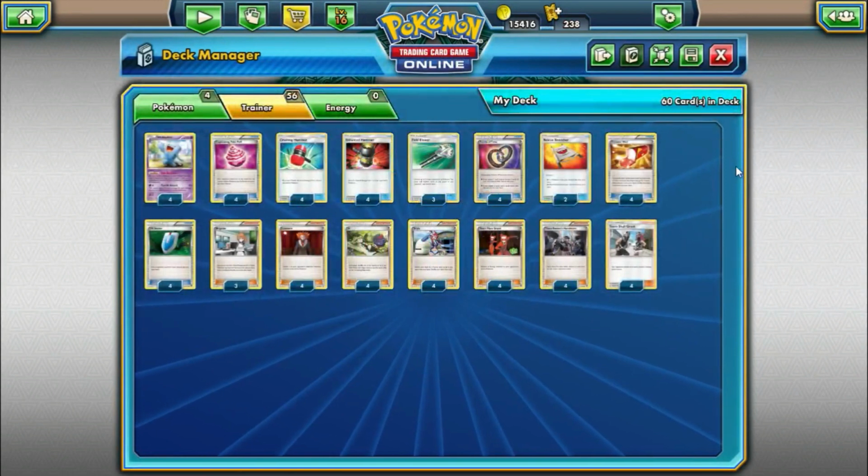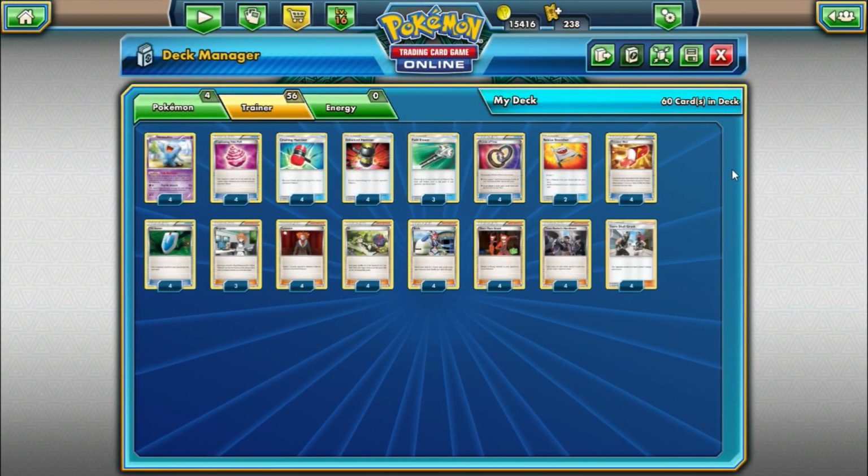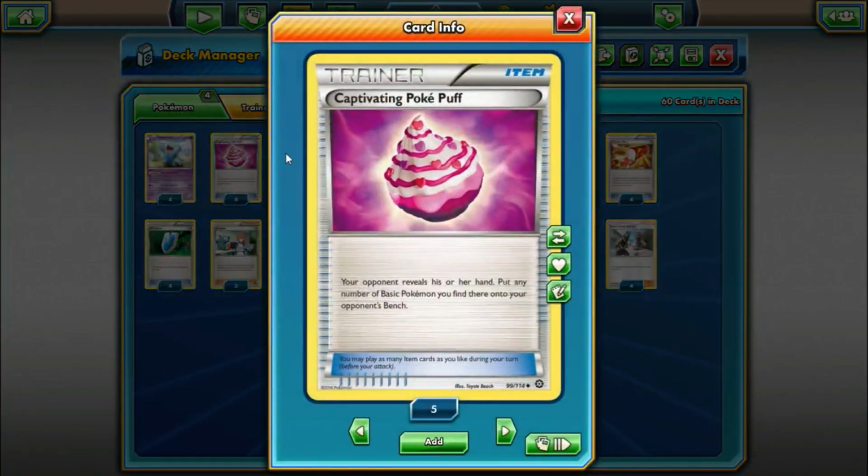Moving on to the trainer cards, that's going to be the bulk of the rest of the deck. Let's start with our item cards. First up, we have 4 Captivating Pokepuff. Definitely an interesting card we don't see too often. Your opponent reveals their hand, and then you put any number of basic Pokemon you find there